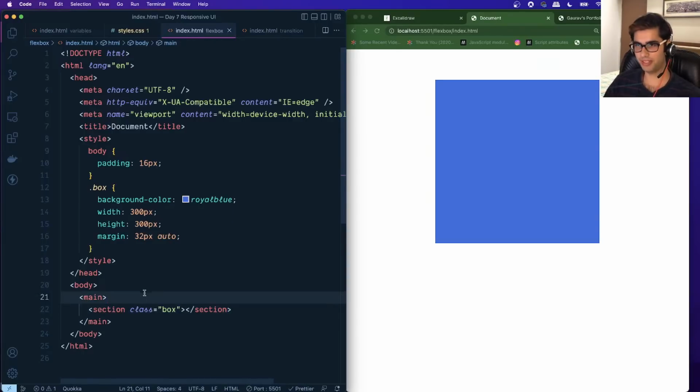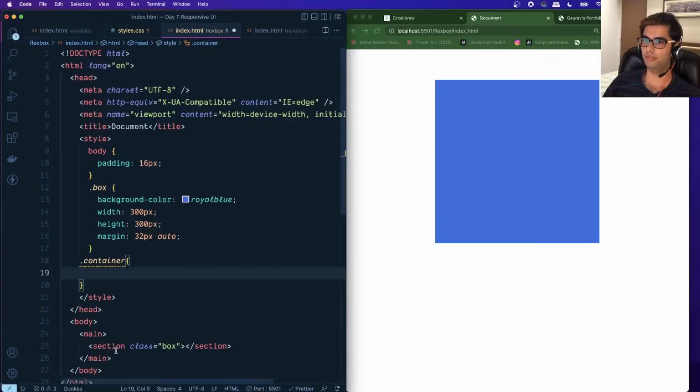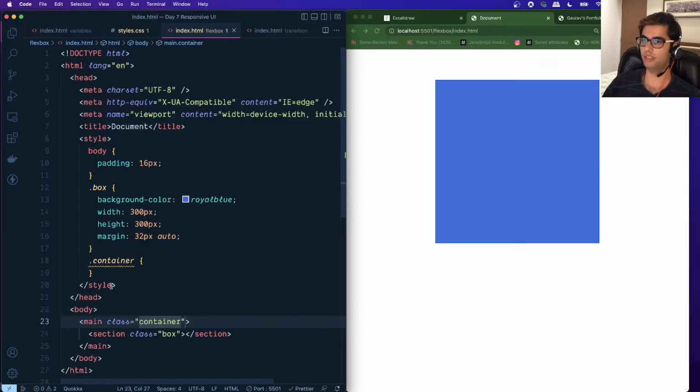We'll be using semantic HTML tags, and for this main tag, let's define a container class. Okay, let's set that class over here, container,